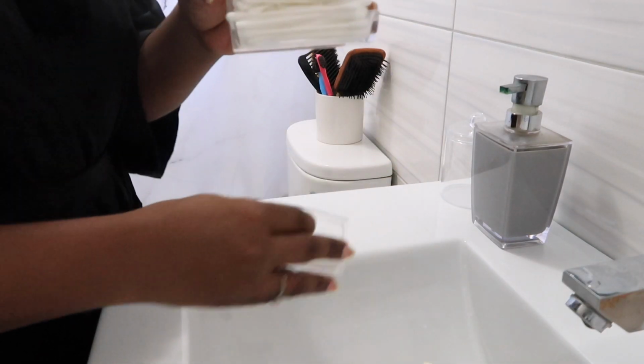And then the last one that they have is this one right here, and this is for my Q-tips. So same thing, it's just easy access. You load this up and you take the Q-tips out. So again,